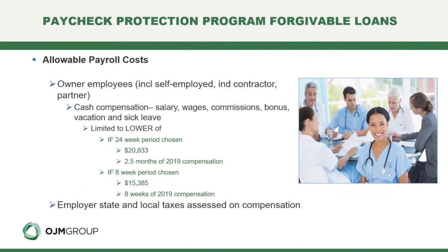For owner employees, now an owner employee is considered to be an owner of an S corporation who is a W-2 employee, a self-employed person, an independent contractor, a partner in a partnership, or if you're a C corporation and you're an owner and also an employee. Cash compensation has some slightly different limits. We're again talking about salary, wages, bonus, vacation pay. But for owner employees, the limit is the lesser of, we're looking at a 24-week coverage period, it's going to be the lesser of